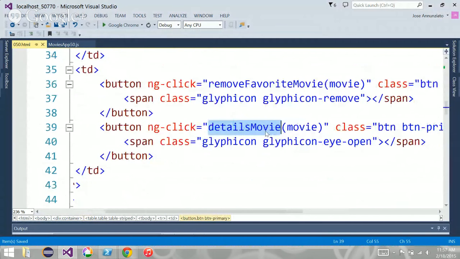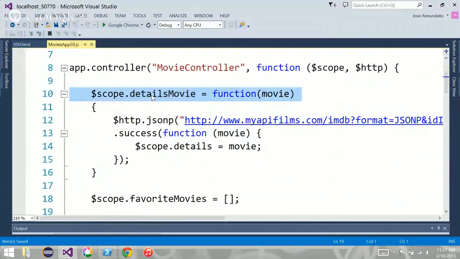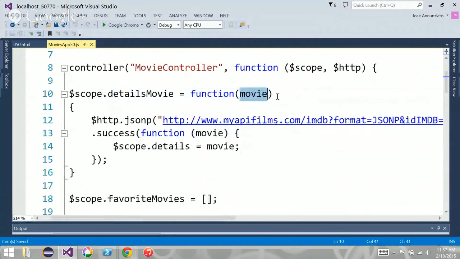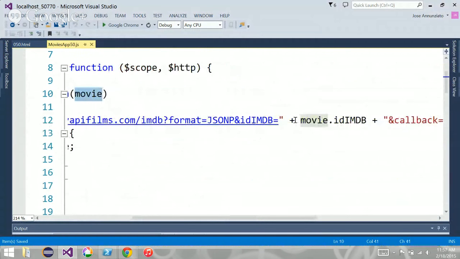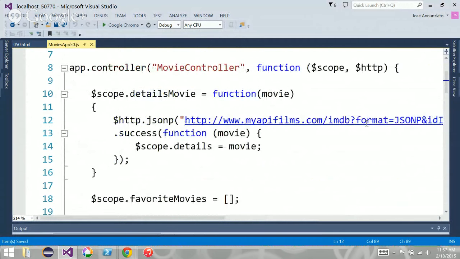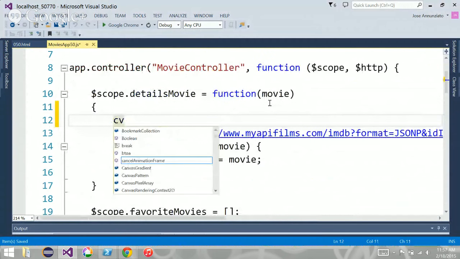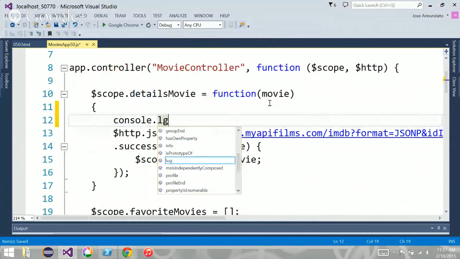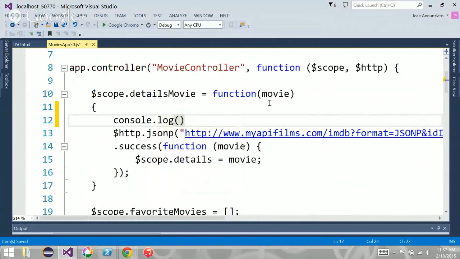And this event handler is being handled by this event handler in the controller when I pass the movie, and the movie has the ID embedded in the object. Now that object doesn't have everything, right? Or does it? Actually, let's display that movie in the console. Let's see what's in there. Maybe it already has everything. We don't have to fetch anything.